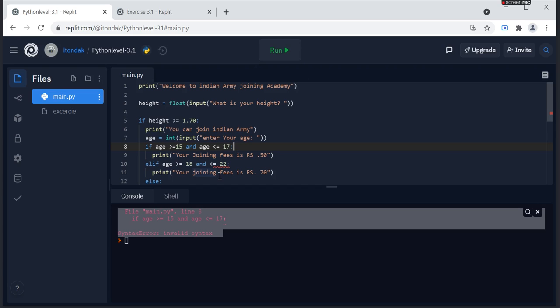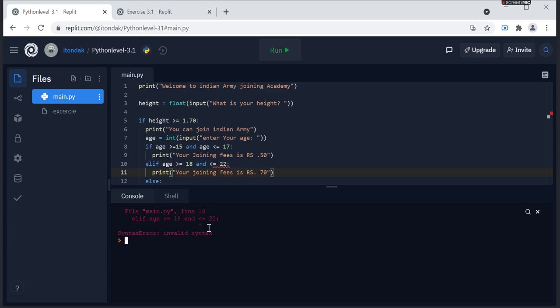Now another error. Now what is another error is less than 22 and age. It's okay, then enter, and what is your height?